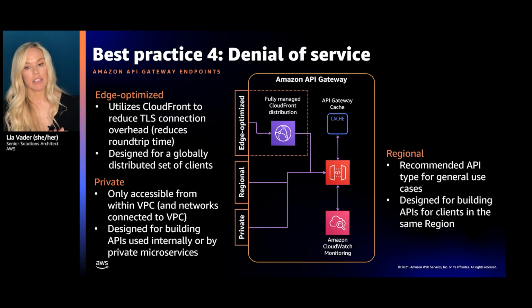But since we added CloudFront to this architecture, I want to call out our different Amazon API Gateway endpoints. Because another thing you need to think about is having the proper endpoint. So we do have an edge optimized endpoint, and this has a managed CloudFront distribution in front of your API Gateway. So it's not something that you can configure on your own. And there is no caching. It's only used for endpoints.